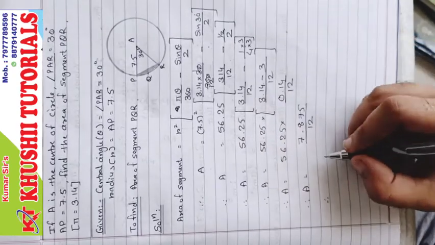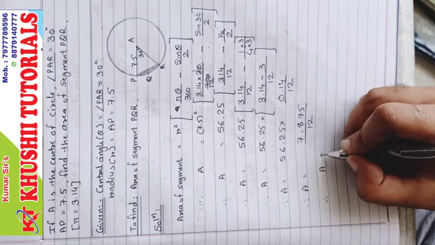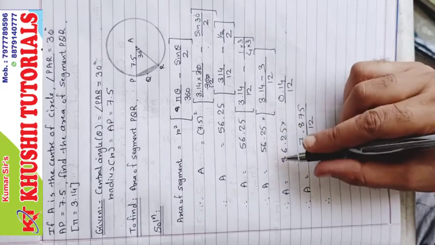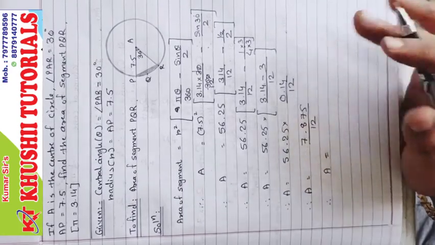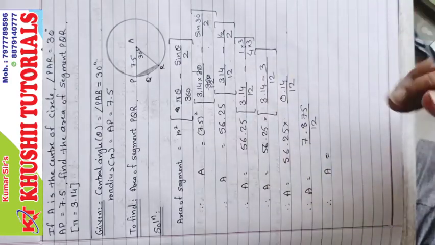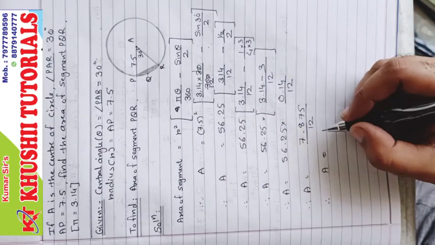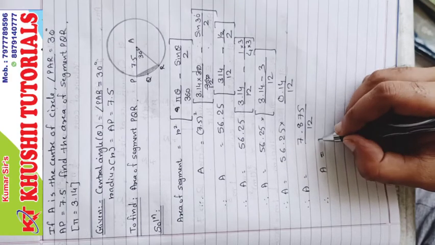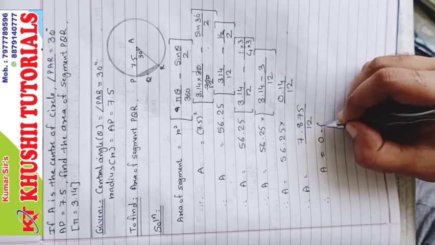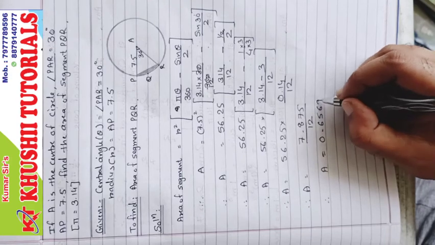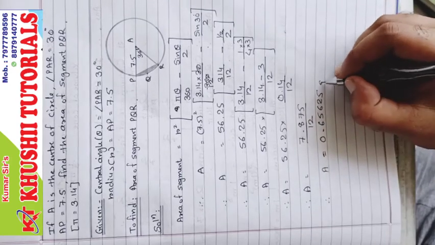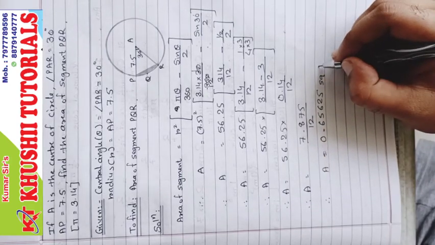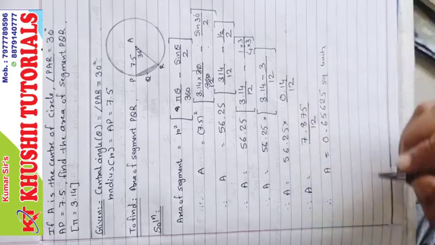While calculating, be very confident, okay, and stay focused. If you make mistake in calculation, then you will miss marks. This sum is all about calculation. Upon 12, and after dividing, because it is 7 point and here we have 12, so definitely 0 point, it is coming 65625 square centimeter. No, because here the units are not given, so directly we'll write square units.